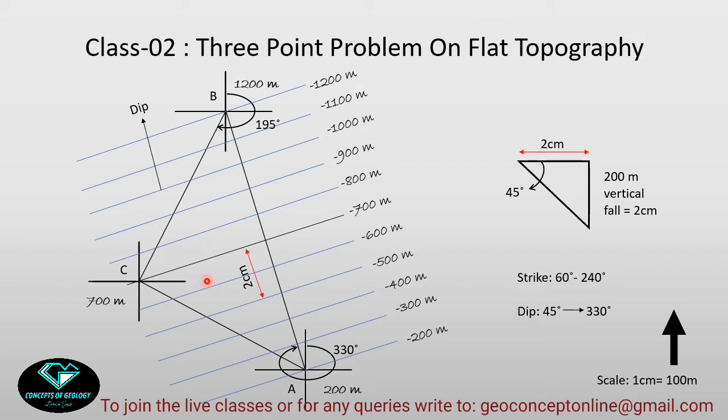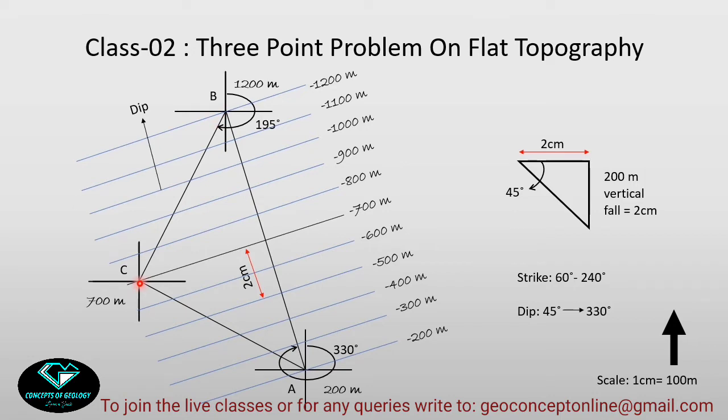Then the second question was to find the attitude of this coal seam. For doing that, we need to know the depth of the three boreholes A, B and C. A was 200 meter depth, B was 1200 meter depth and C had a depth of 700 meter. So at this point A, I will have a stratum contour of 200 meter, here a stratum contour of 1200 meter, and here the 700 meter stratum contour will be